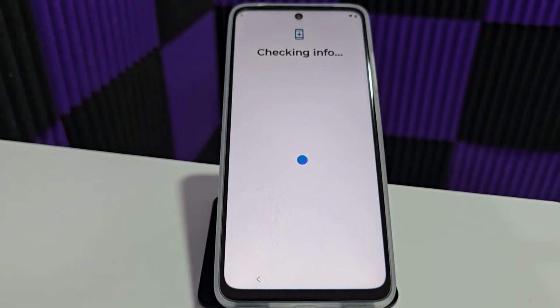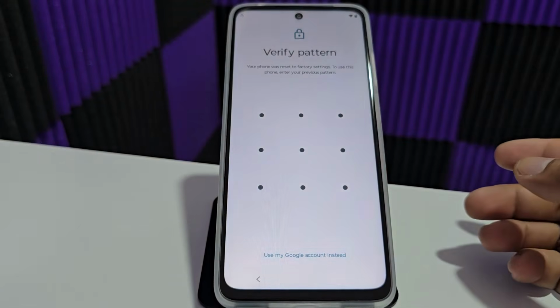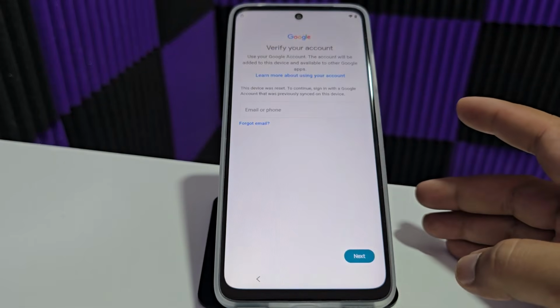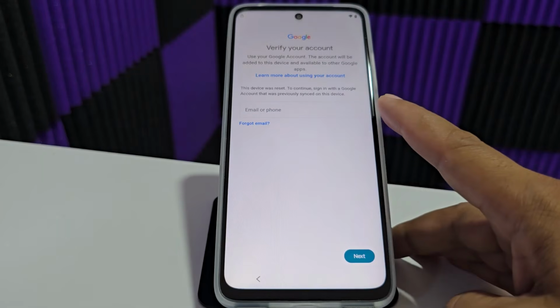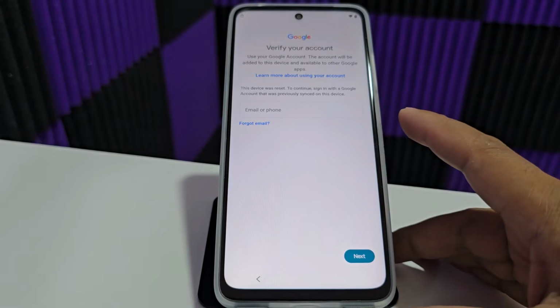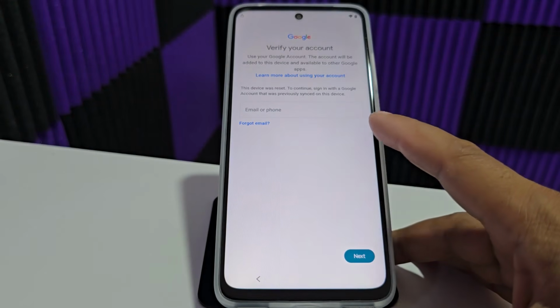Well, here we're going to get to where that screen lock appears. Which is why we're here. We forgot about the screen lock. What we did was format it. After formatting, we're left with the Google account. Here it says, use my Google account, for those who know they've forgotten their screen lock but do know their Google account. We can add it here, click Next. Add the password, and it will give us access. It's that easy and quick to recover our device. But if you've forgotten that too,